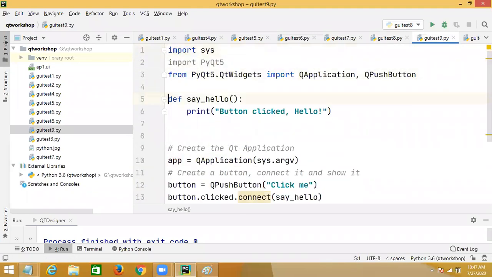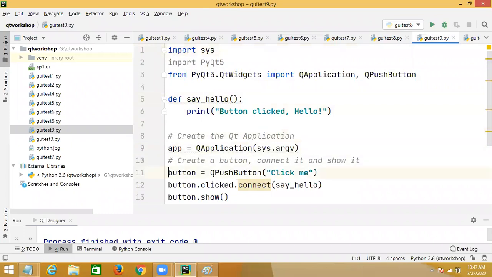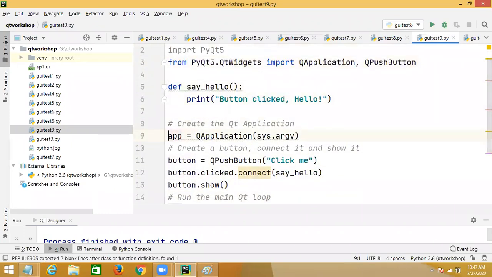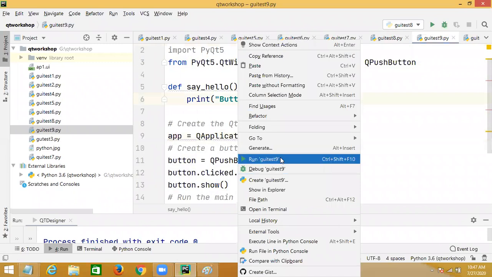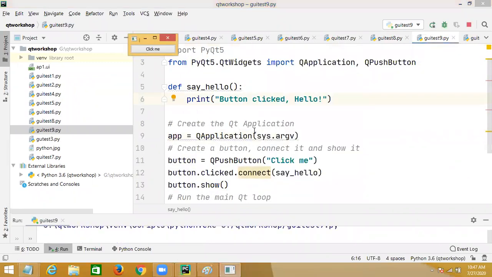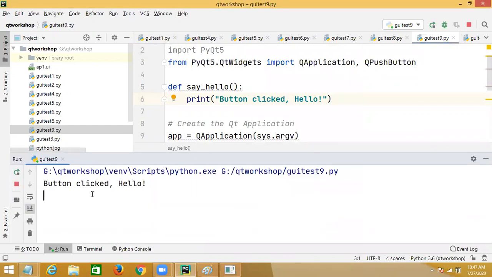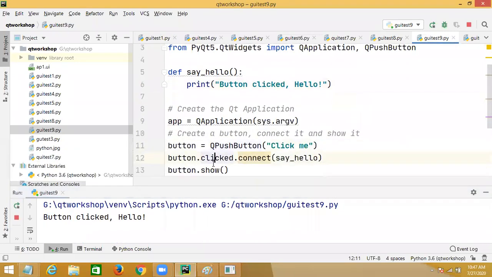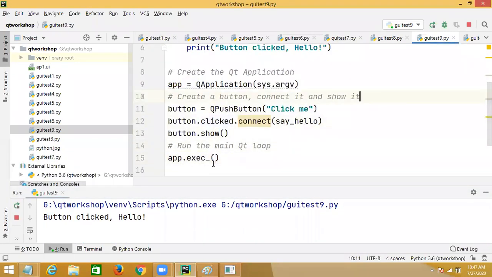Now say hello. So this is button clicked. Once I run this, now you can see the window. Now you can see there is a message here. What is the message? Button clicked. Hello. So what I'll do is I'll try to create a window.